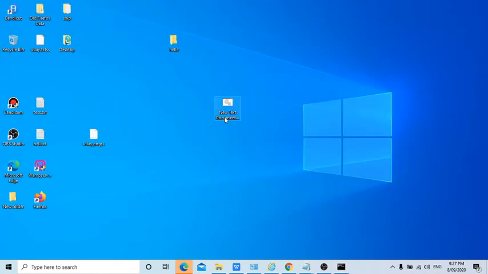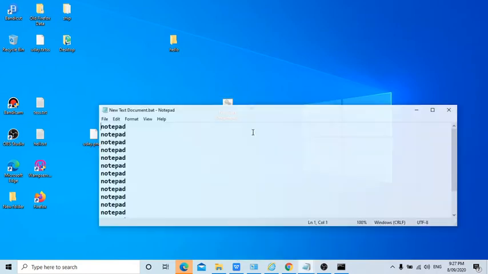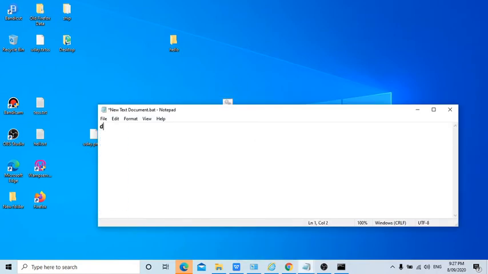Now let me show another approach, something interesting. If someone enters a command like shutdown -s -t and double clicks the file, the system will be shutting down within a glance, guys.